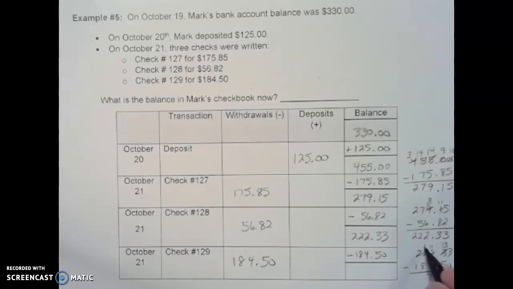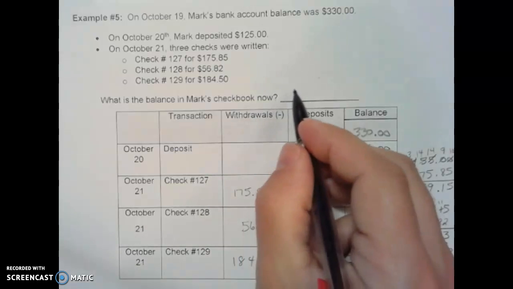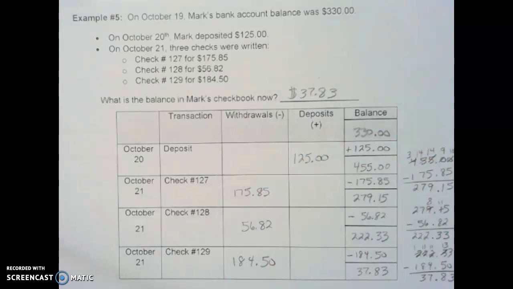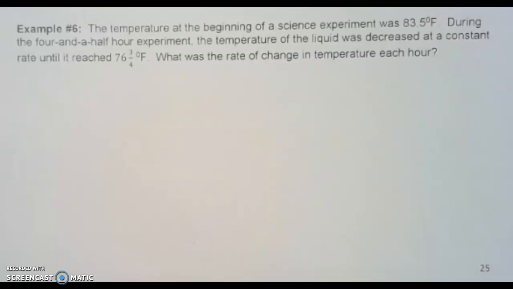1 minus 8, the 1 becomes 11. The 2 becomes a 1. 11 minus 8 is 3. 1 minus 1 is 0. So that means the final balance is going to be $37.83. So that's what we can record here. Mark's final balance was $37.83. In example 6, we're told that the temperature at the beginning of a science experiment was 83.5 degrees, and